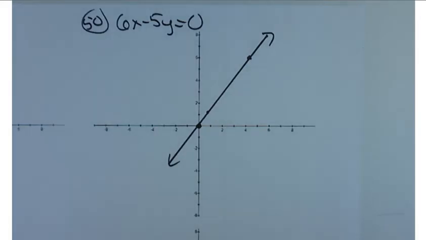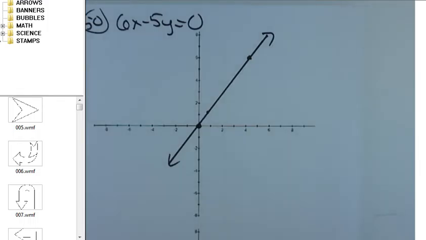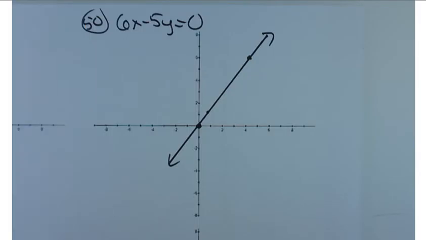Now in my morning class, I had some questions about graphing some problems, and there's more than one way to graph these types of things. You don't have to just graph x and y-intercepts. Sometimes, depending on the shape of the problem or its form, it's easy just to plug in values for x or for y. An example of such a thing would be if I had the equation